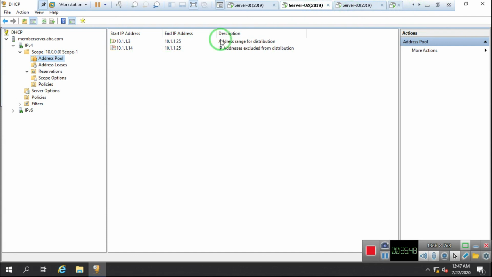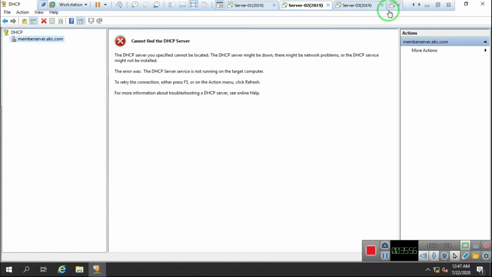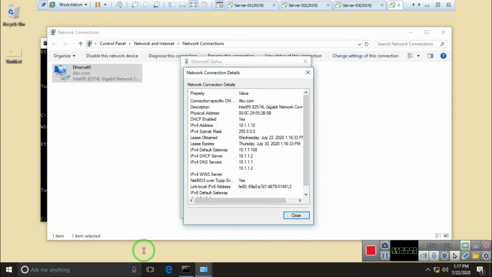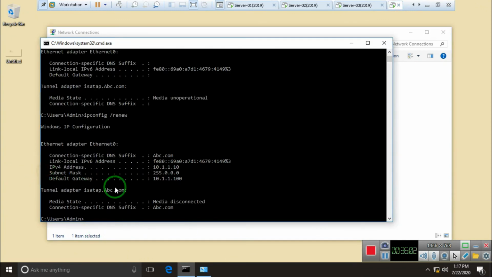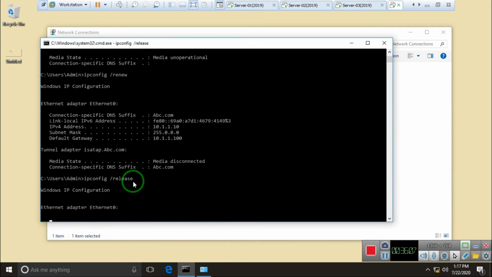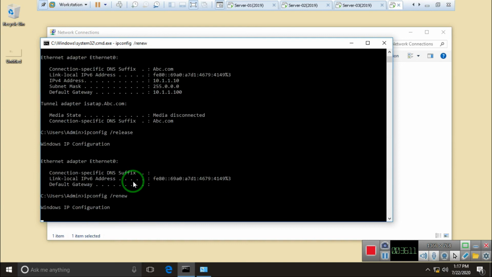Okay, now imagine that I stop this server. I stop the DHCP services in server 2. Now let's see which range it takes. I click on close, and go to release and renew again.